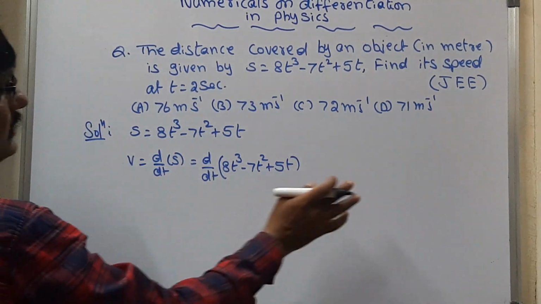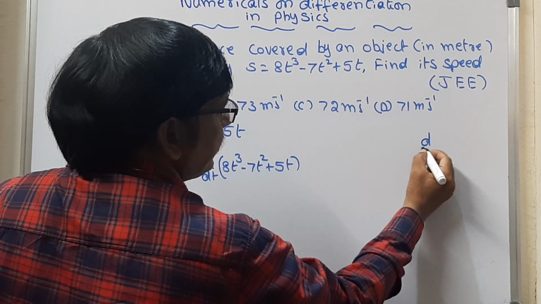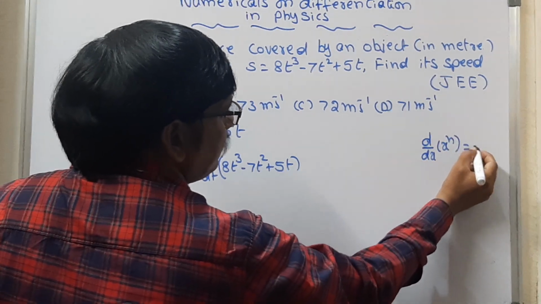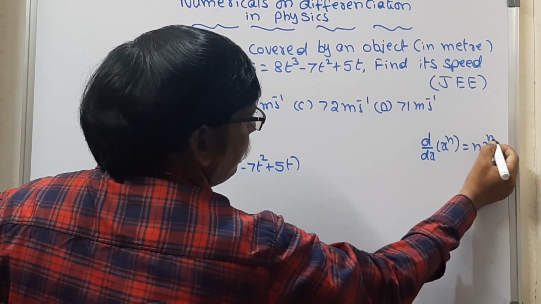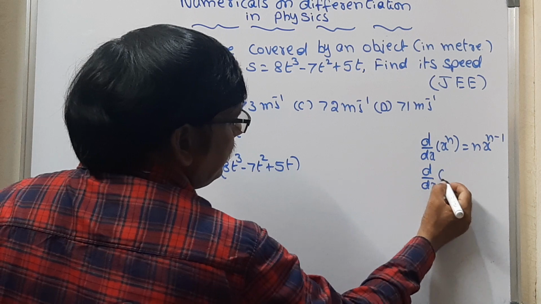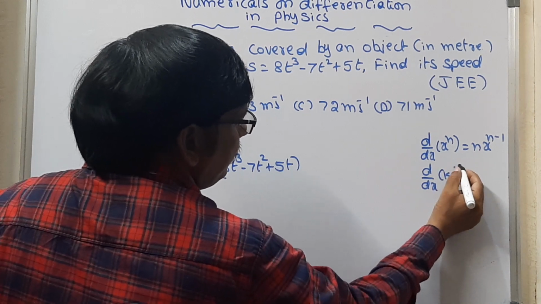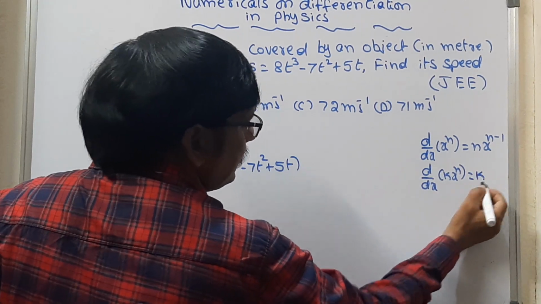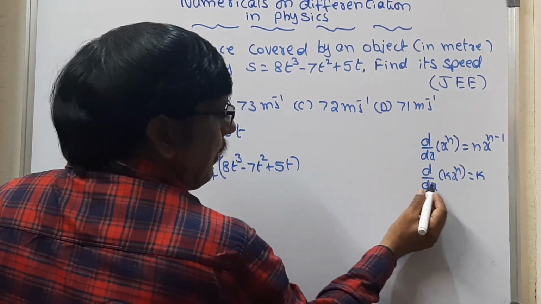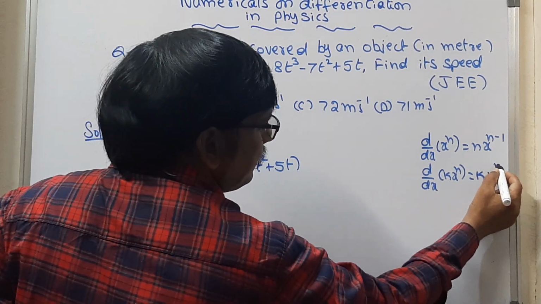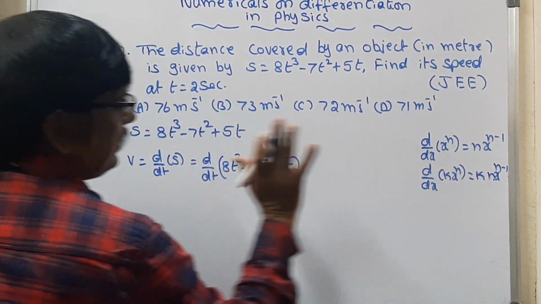Before this, let us take a few formulas once again. d by dx of x power n is equal to n into x power n minus 1. And if it is associated with any constant, that time how will it be? The constant will come in front, what we call the prefix, then afterwards we apply the differentiation for x power n, which becomes n into x power n minus 1. Just for a while keep it like that.